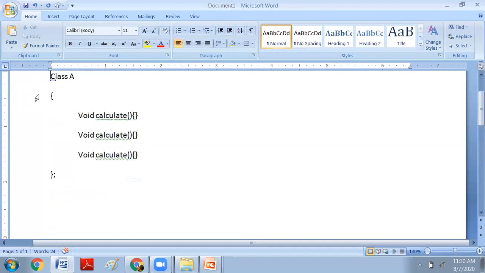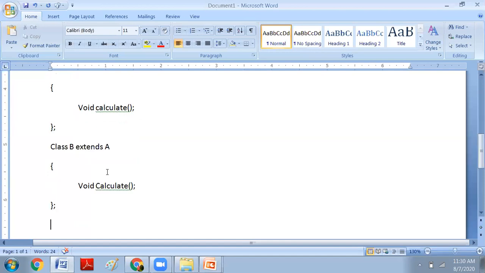This situation is called compile time polymorphism, or static binding, or early binding. Now you will get a doubt. If the same names are used for three methods, how will it understand which method it has to execute? That we will learn later. Currently, you can't understand, even though I explained. We will discuss that later. Here also, we will understand this in the future classes.